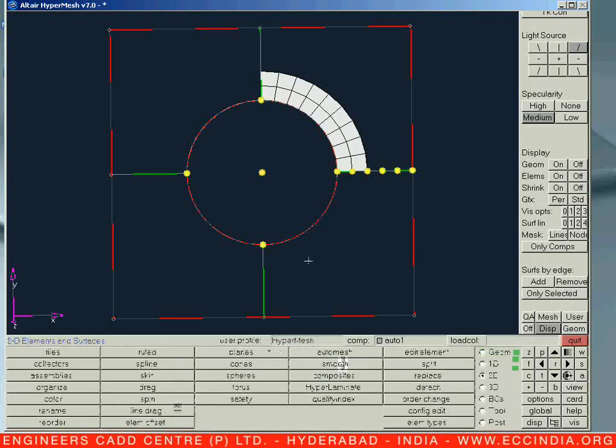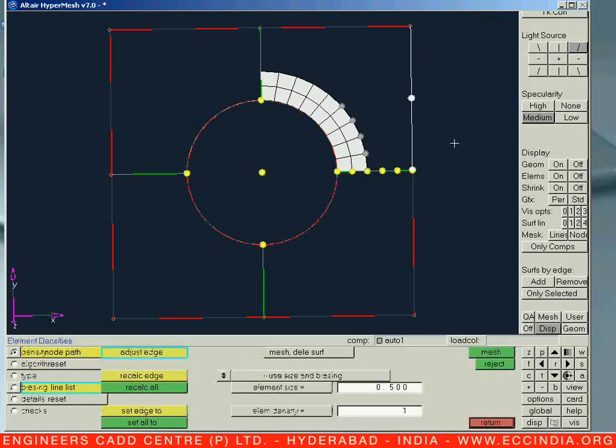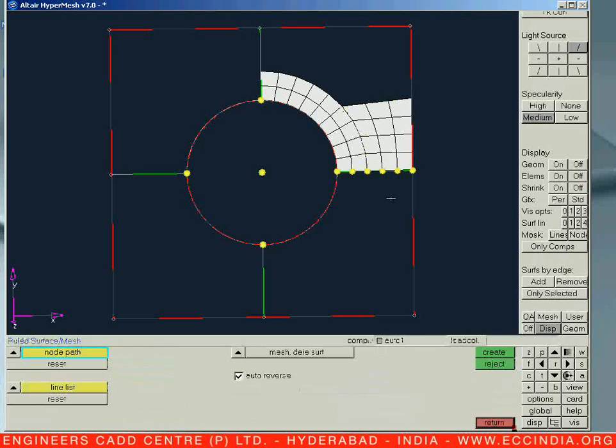Now next to that one, we are going to use a ruled command. Let us go for 1, 2, 3, 4, 5. Opposite side is line list. So from this particular start of a line to the approximate over here, let us keep over here 4. So we need to keep it on 4. Now change it to 3 and 3, and let us finish it.